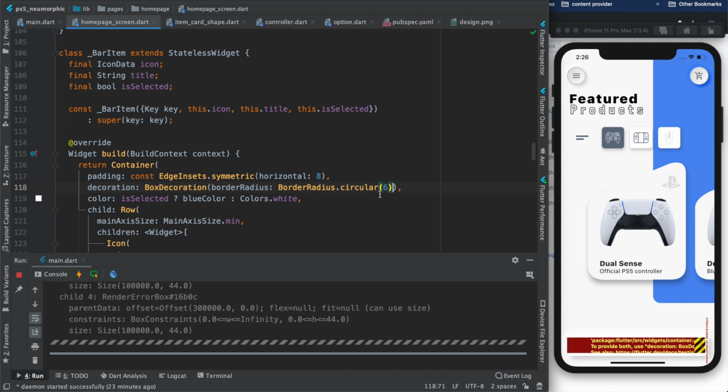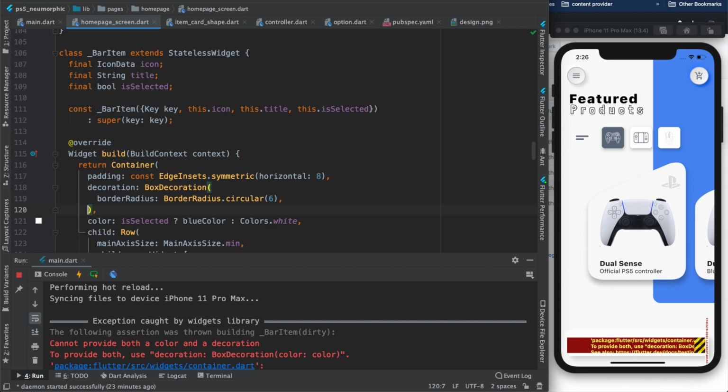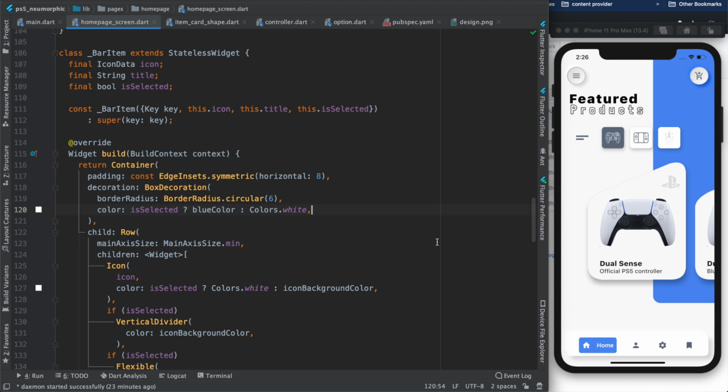Okay, something is wrong. Where? Okay, okay, yeah. So we are using color. It should be... Yes, this looks nice, right? Now, I hope you are my